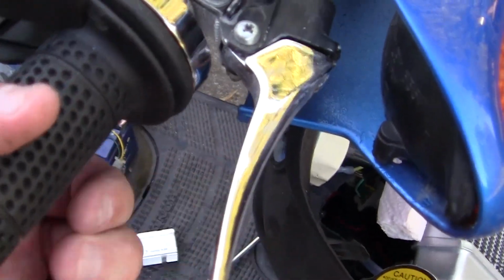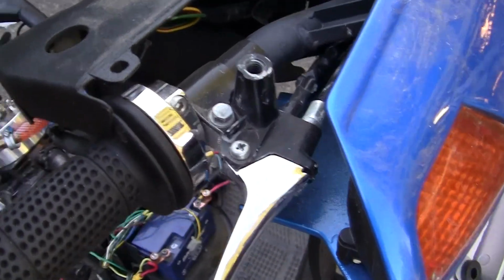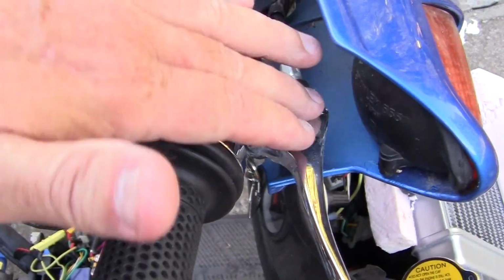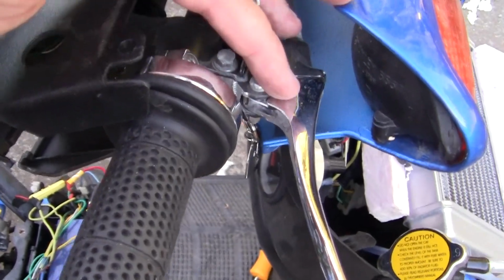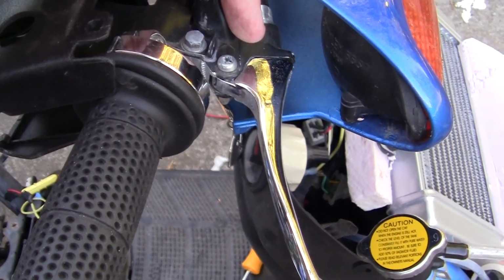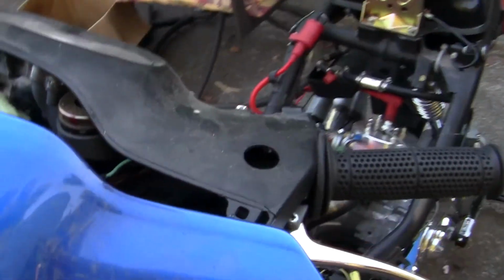Then I have Grant Mara. He asked me where I got these throttle chrome things. I got them from VT Cycles. One thing you have to remember, Grant, if you buy these, and I'm sorry they're a mess, but make sure your right and your left are different. Your right one will not have a little tab. There's a little tab down here which works on the other side here for the starter,